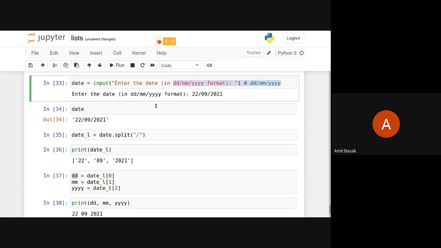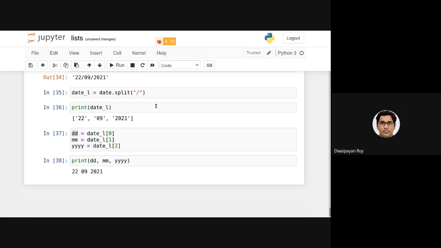Sir, you have to typecast DD, MM, YYYY as well, right? Correct. So all of these dd, mm, and yyyy are at present all of type string. But as we have written the code for the assignment, all of them were treated as integers. So that's why we need to actually typecast them into integers before applying our code. Thanks a lot, you are absolutely correct. We need to typecast them into integer. Then only will we be able to validate the input date, whether it is a valid date or not.